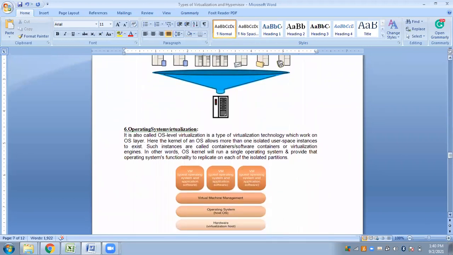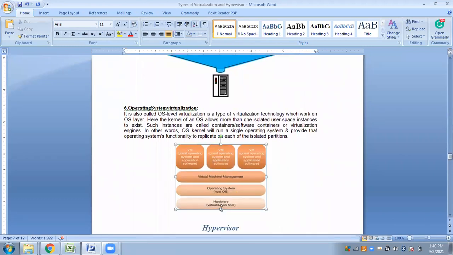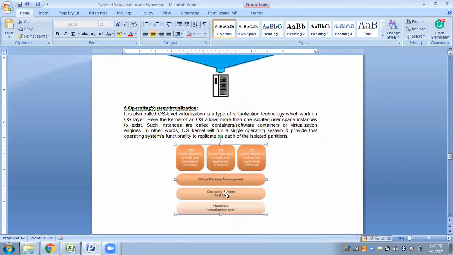So this is the diagram. As you can see, this is the hardware. On top of the hardware, you have your underlying operating system. On top of the underlying operating system, you have your virtualization suite. VMM is the hypervisor. A suite comes with a lot of packages, tools and features. In that suite, I'm using VMware because we'll only be dealing with VMware here according to the syllabus. In VMware, we have the hypervisor ESXi. This is the hypervisor, the virtual machine manager, VMM.